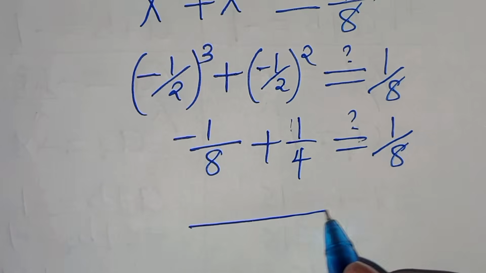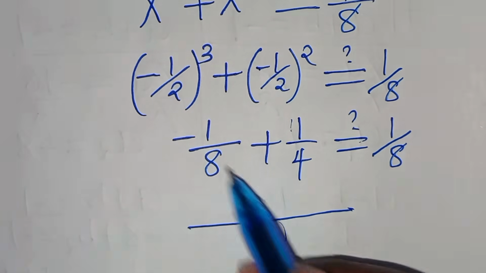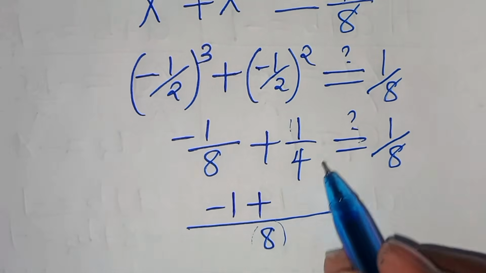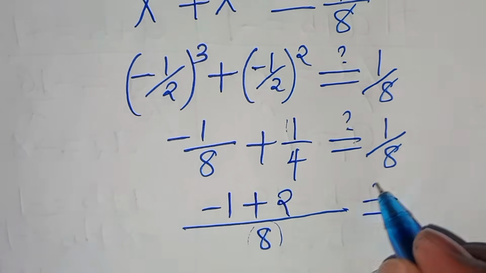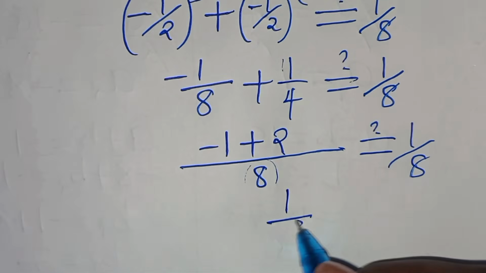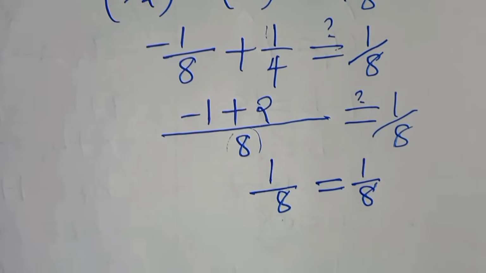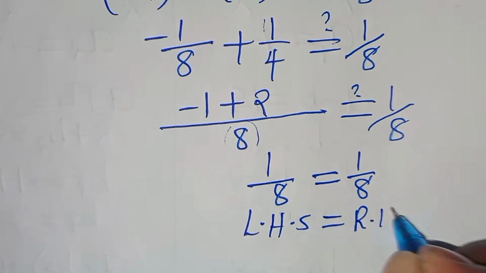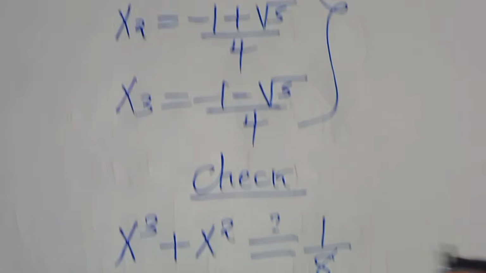So we have the LCM here of 8 and 4, which is 8. 8 divided by 8 is 1, times minus 1, this is minus 1. Then plus 8 divided by 4 is 2, 2 times 1, this is 2. And this is supposed to give us a value of 1 over 8. Minus 1 plus 2 is 1 over 8, which is equal to 1 over 8. So the left hand side is equal to the right hand side. And this affirms that the value of x here, which is